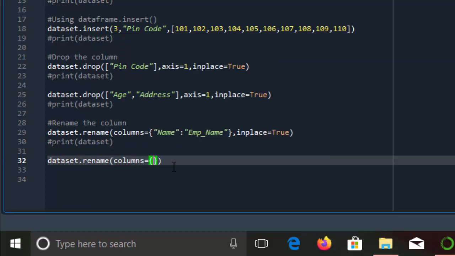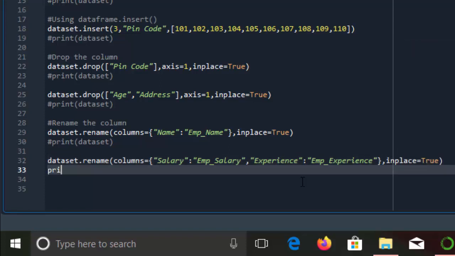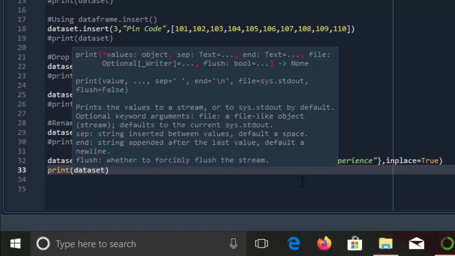We'll pass the key value pairs. Suppose I want to rename salary as employee salary and experience as employee experience. So I have just renamed both these columns, and the second parameter is exactly as above, that is inplace equals True. Now if I print this data set and run the code,